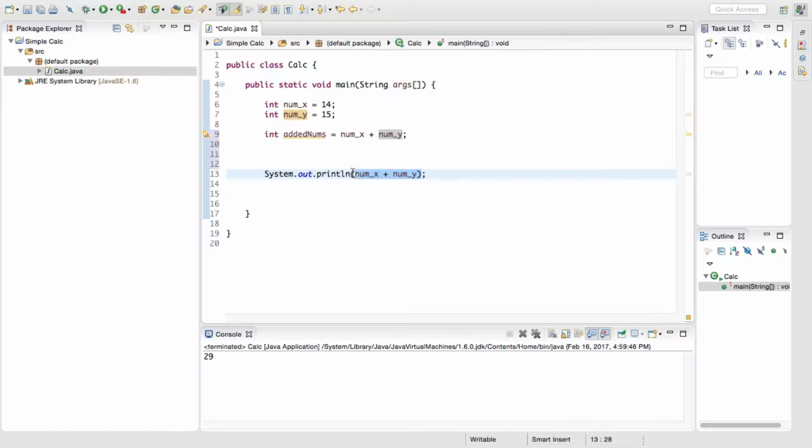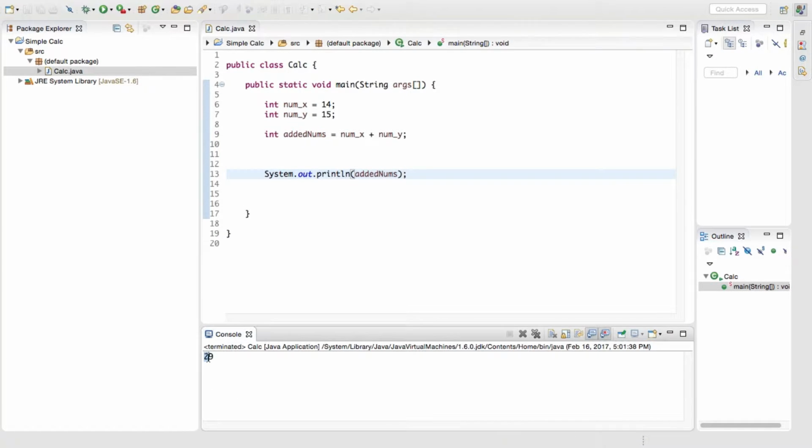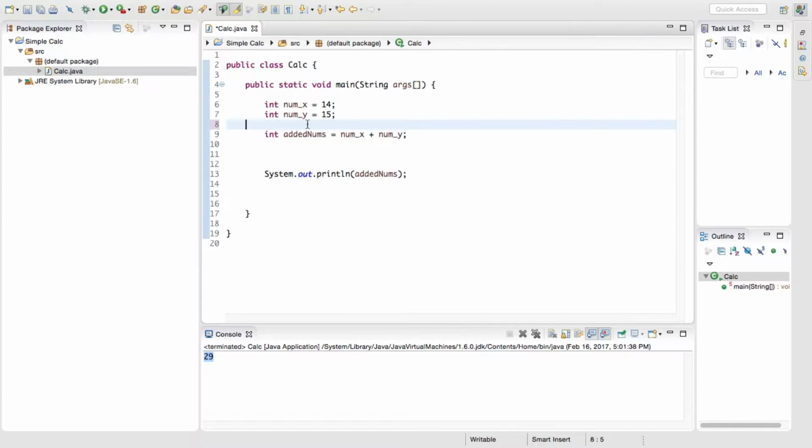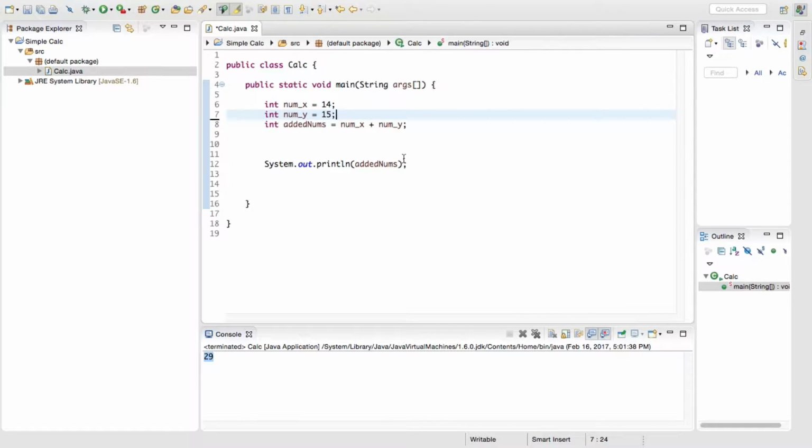So instead of putting this, we can just do added nums. Put that parentheses, and if we run that, we still get 29. So that's something that we can do that makes it a little bit neater and just clearer in general. Okay, now to make this a little bit more fancy, we can print out some text inside of the print line. So go ahead and add some quotations,